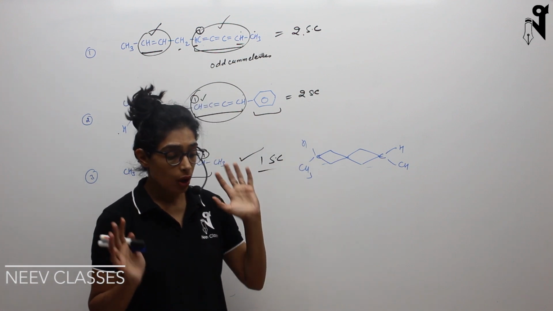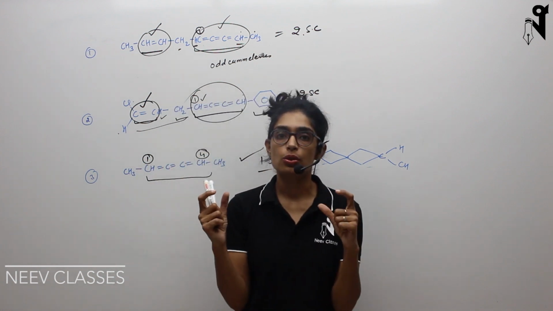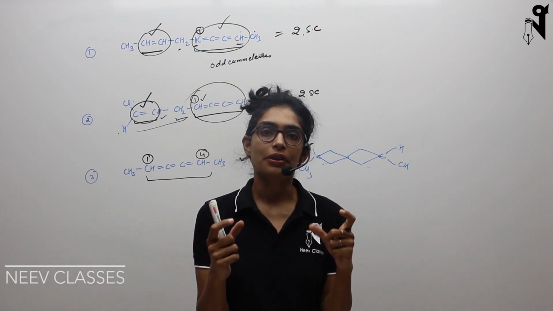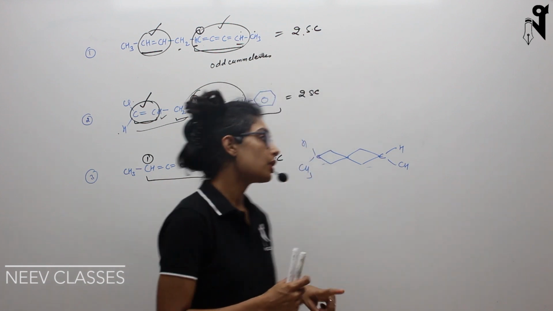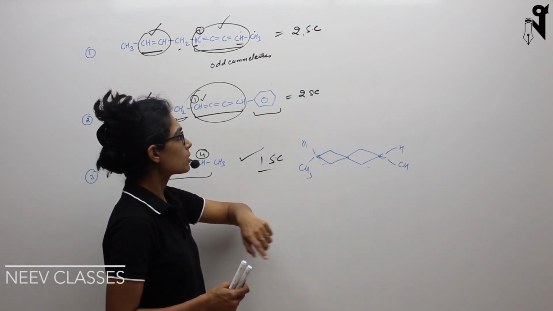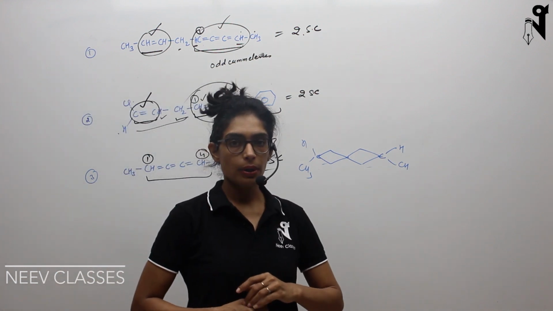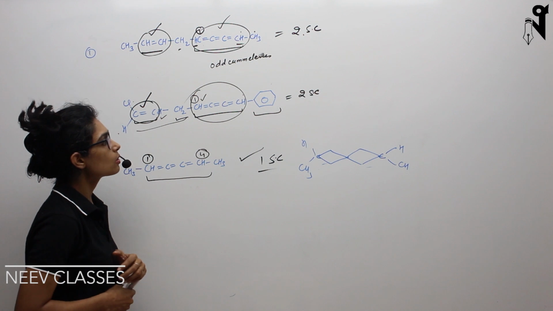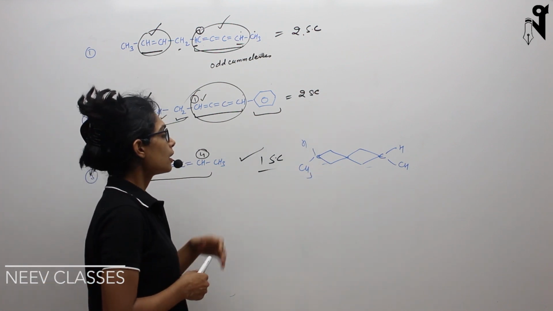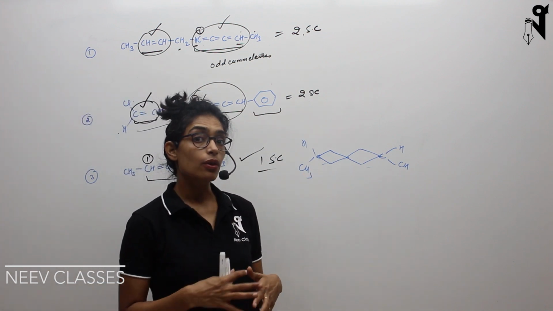Next, always remember one thing: cyclic chains and double bonds are equivalent to each other. The way double bonds behave, the same way spiro or any cyclic rings behave. Why am I telling you this? Because you will find the orbital diagram of these spiro based compounds very similar to what we have done in the case of cumulenes. So let's see some examples of spiro based compounds and see whether these can show GI or not, and if they can, under what conditions, and if they cannot, under what conditions.